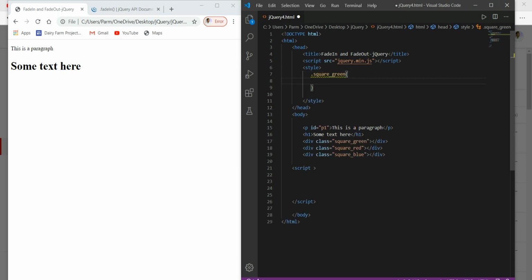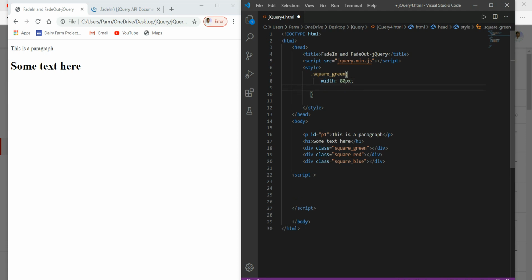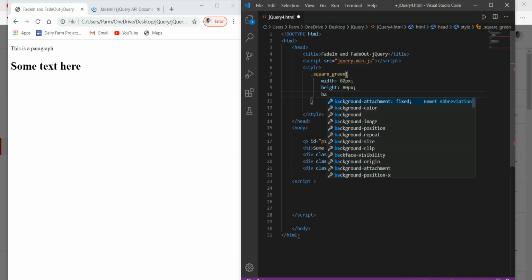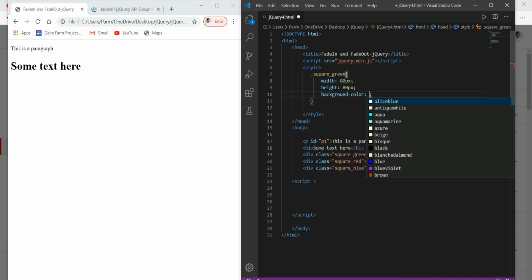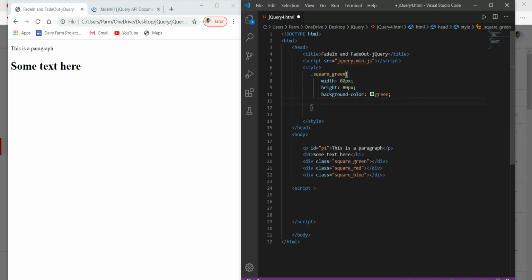And here we go, writing the body of this. So here we take width, say I'm just taking around 80 pixel. I just want to have a small box. And similar height, if I want a square box, height again 80 pixel. And to this I have to add background color, say green. Okay, and here I add margin to this, bottom, say around 20 pixel.